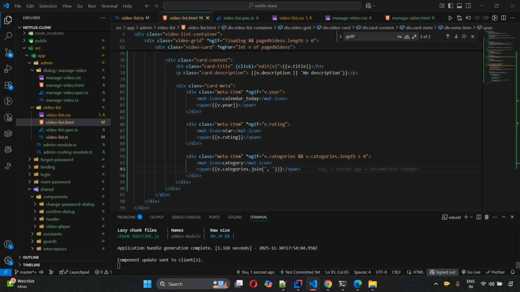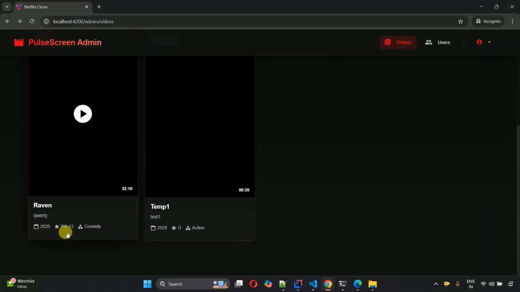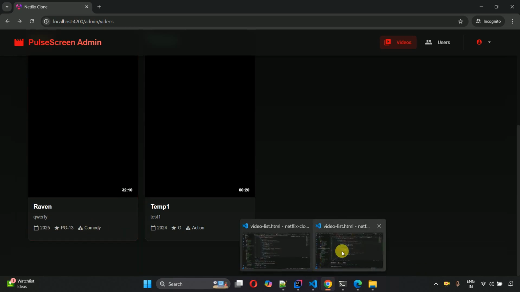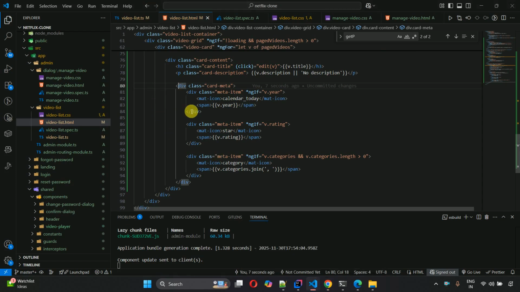So the card meta is also completed. If I go to the UI, I will be able to see the information. So you can see the name, you can see the year, you can see the rating, you can see the particular categories. So this one is working as expected. And after this we have to provide buttons, right? So outside of this particular div card meta over here,